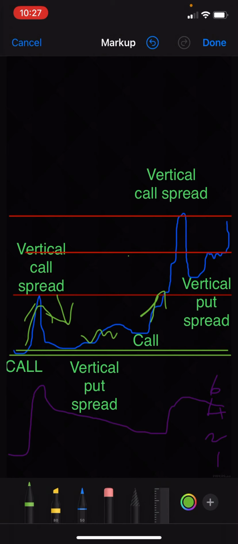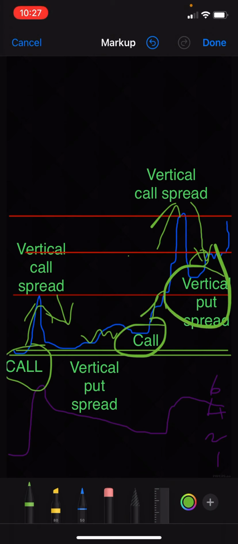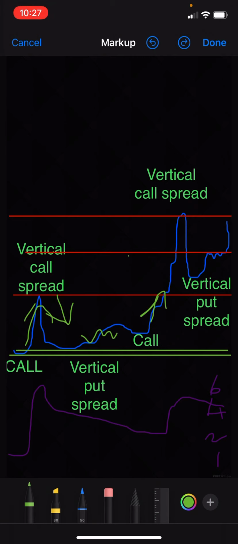Then after that, you got more money in your calls now. You make a bunch of money on these calls, a bunch of money on these calls. And guess what? You're hedging it again with that vertical call spread. Boom. After that, you close out that position on the call spread. You take the money, you get a vertical put spread. And then you just keep repeating over and over again until eventually, you have so much money and